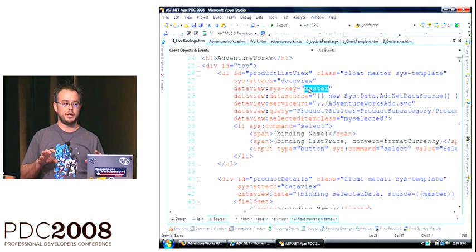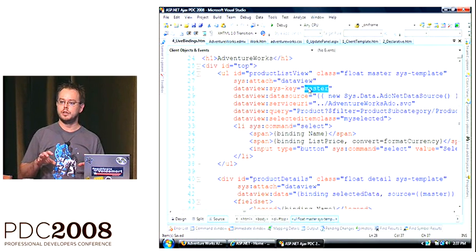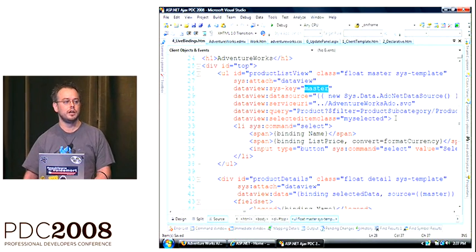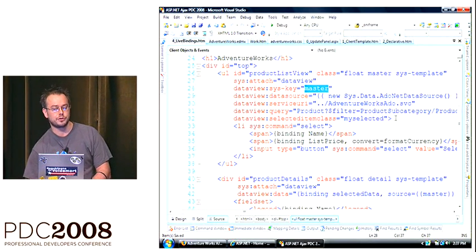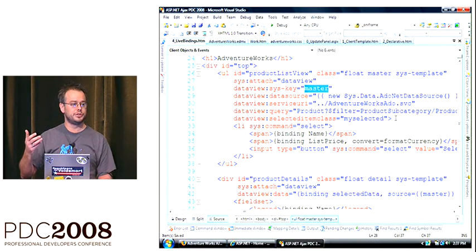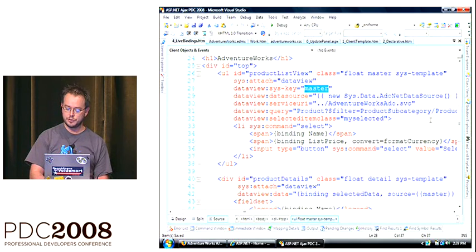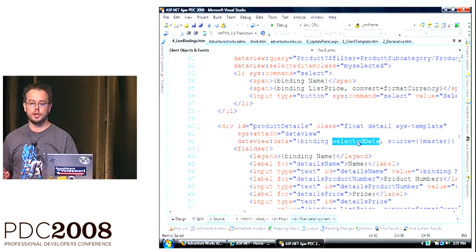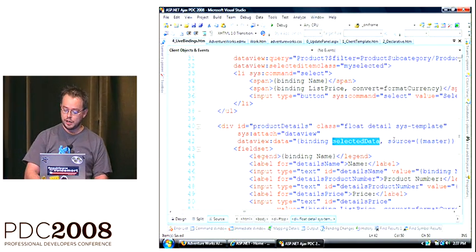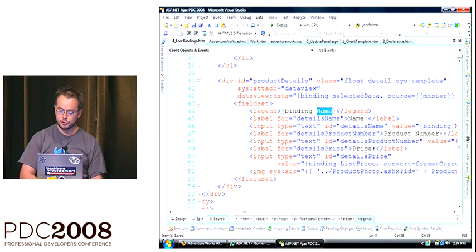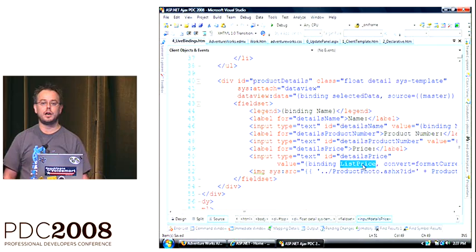It's not just HTML. We have an actual representation of the data on the client, which means that when you select an item in the master view, we can extract from that the data that's associated with that selected item. And that is the selected data property of the data view. So we are able to bind to that. And all we have to do in our template is just bind to the different properties of our